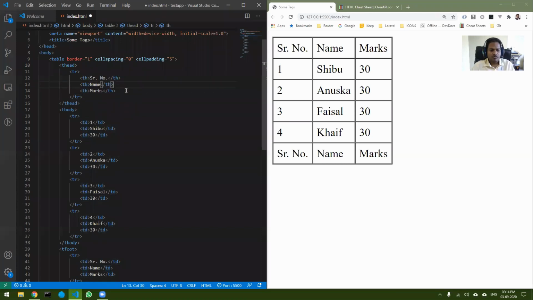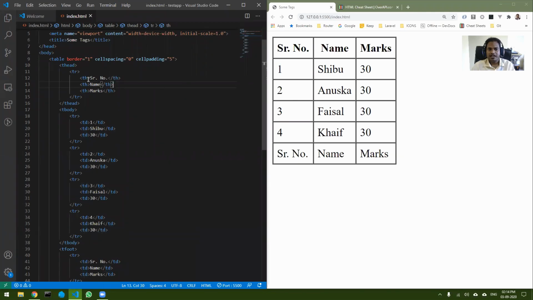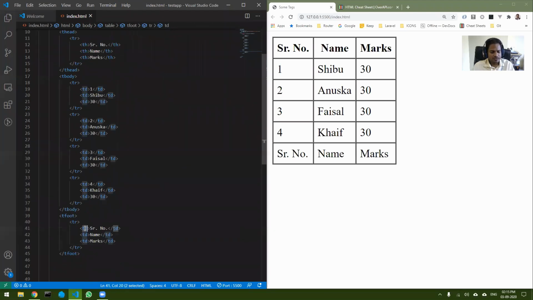Now when I do that, it automatically converts this into a bold text. This also looks good, but at the same time it helps the search engines, crawlers also, to identify what the headers of your table are. Similarly I can do the same thing for the footer also. So I can do th, save, and now you can see the header and the footer have a separate style over here.